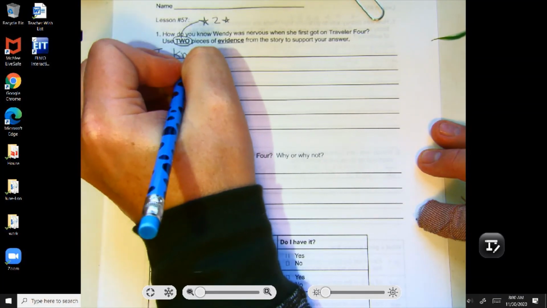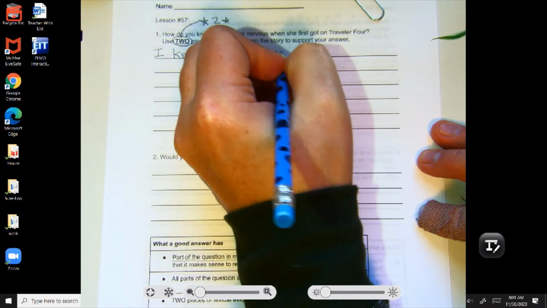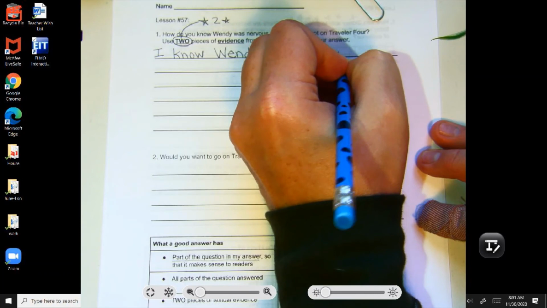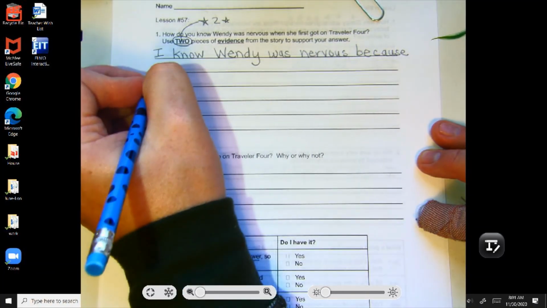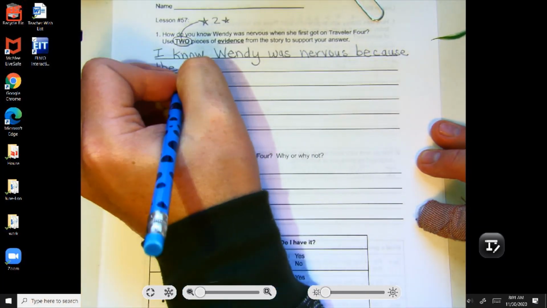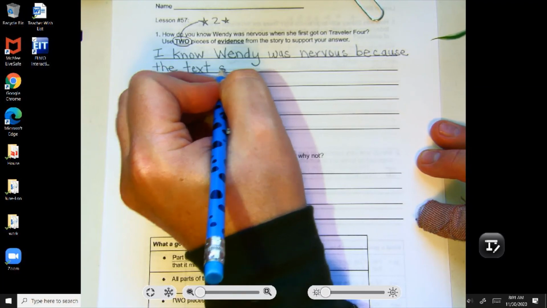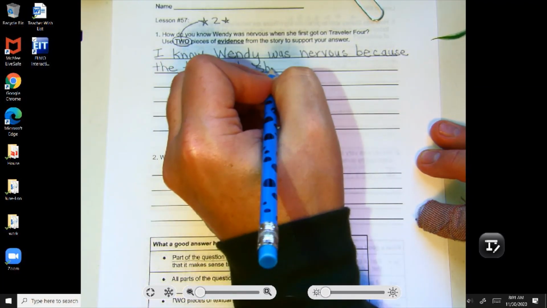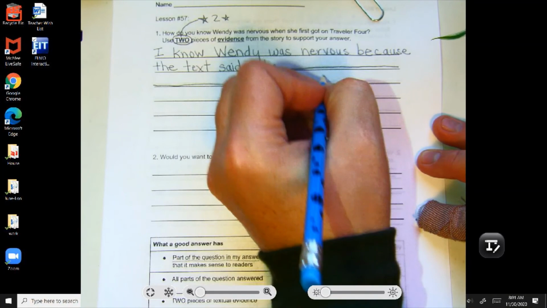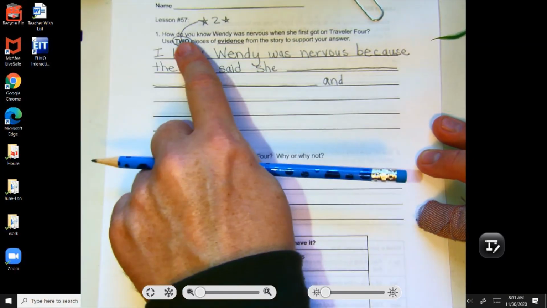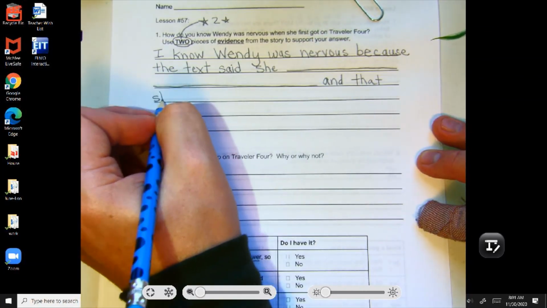I know Wendy was nervous because the text, or the story, said she, and, right, I want to use an and because I need two pieces. And that she